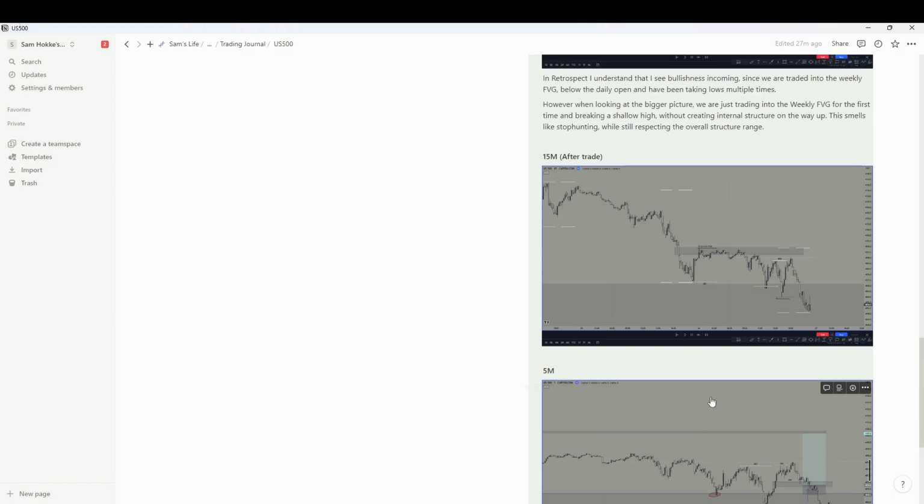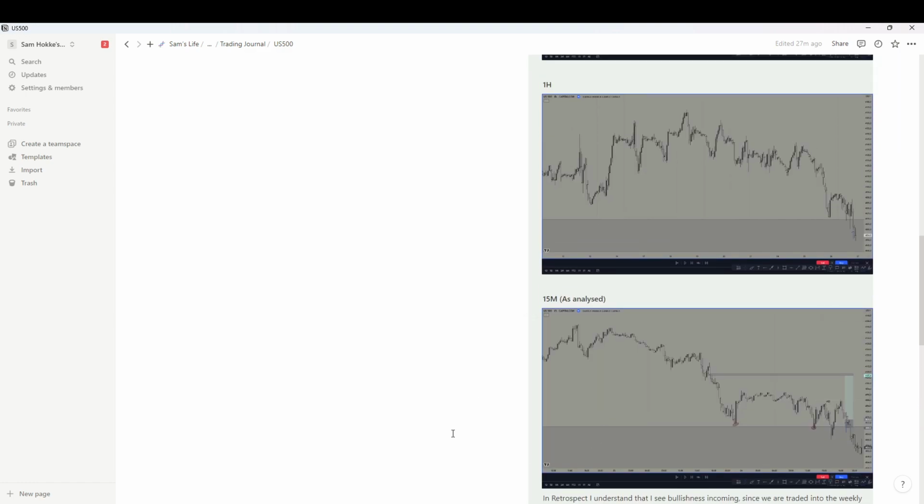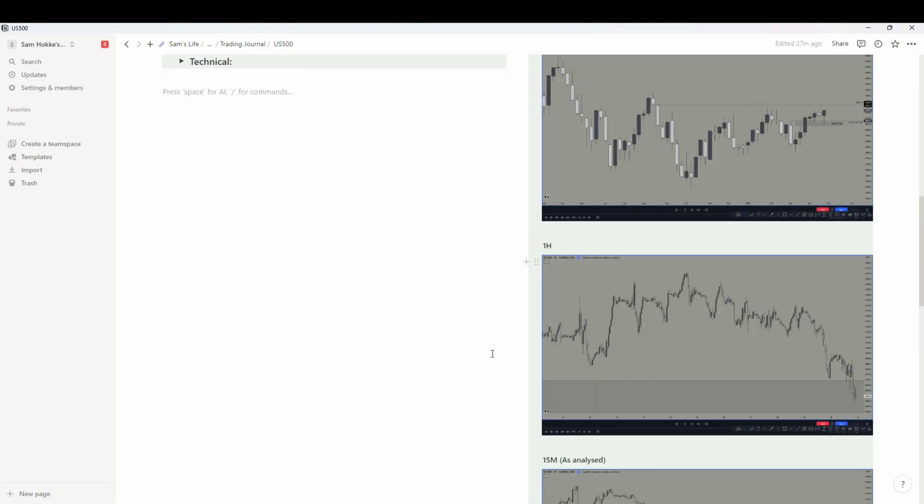The thing that I could be working on regarding both trades is taking into account the bigger picture and the narrative that is broader than only the PD array that you're seeing and the way that we are approaching certain areas. And it may sound a little bit fake. What I mean with that is, if we are trying to expand fast, so we are at a point where we're thinking, all right, if we want to be bullish, we're going to be bullish from here, and we have to be bullish with expansion.